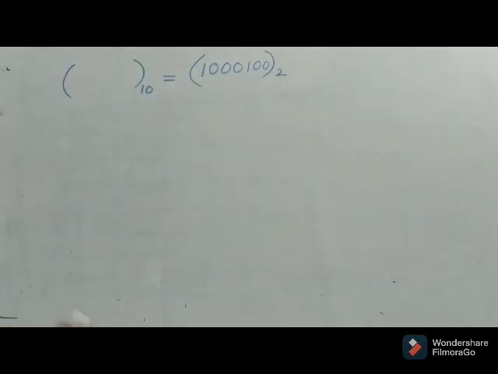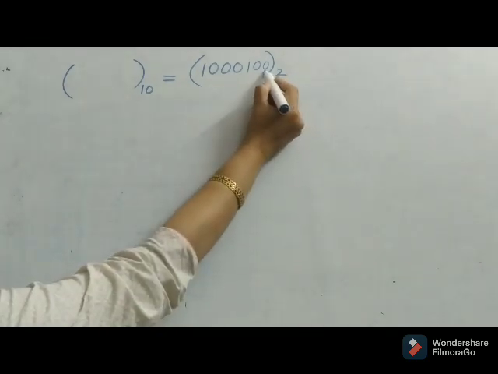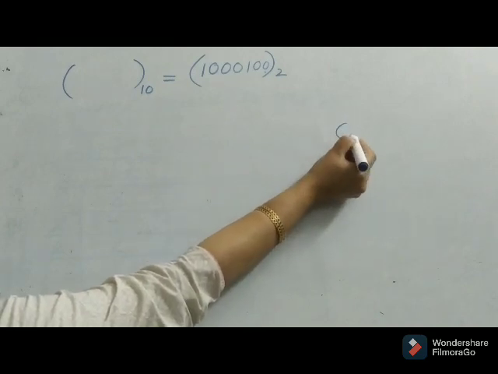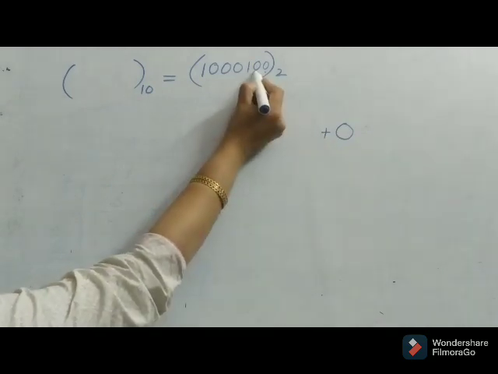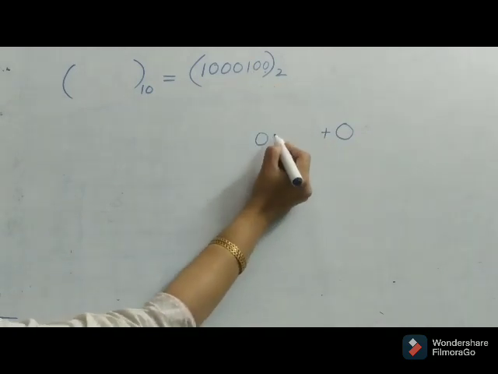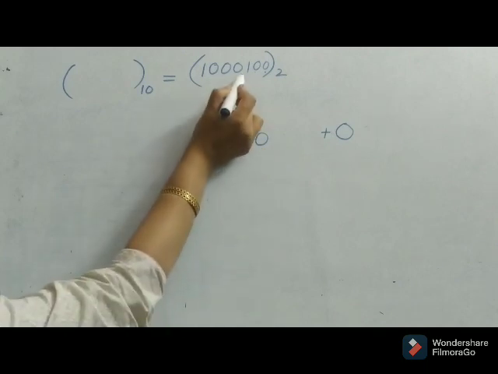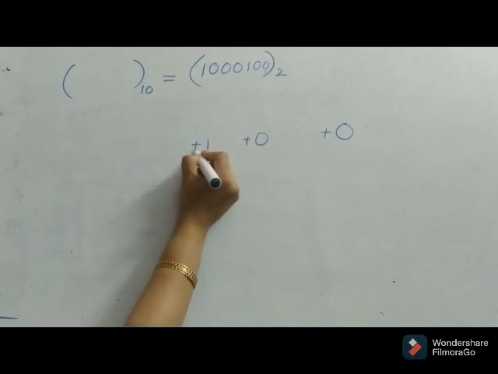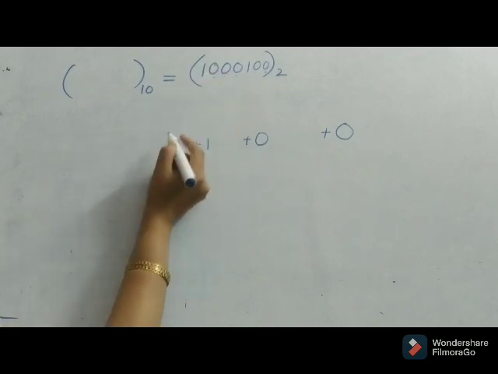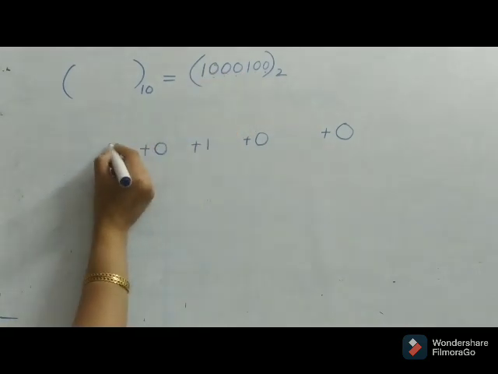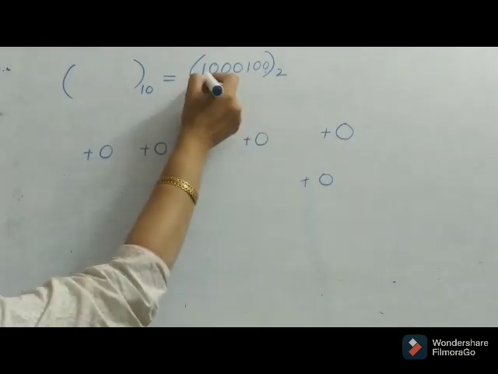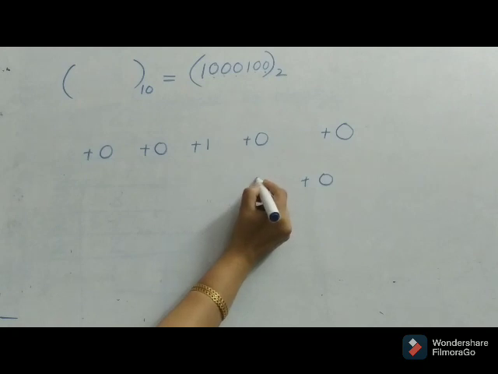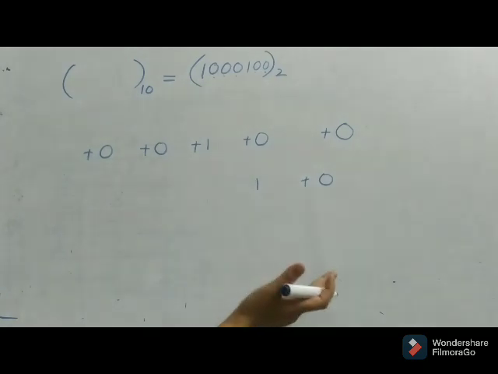So the process is different. Everybody pay attention here and see how it is to be done. Now we'll start from the rightmost character and we'll write that character and we'll write plus. Then we'll pick the second one and we'll write plus. Then this one. Then we have 3 zeros. I'm going to write it like this: 0 plus 0 plus 0 plus. And I am now left with 1. So here I'm going to write 1 and no more plus is required.